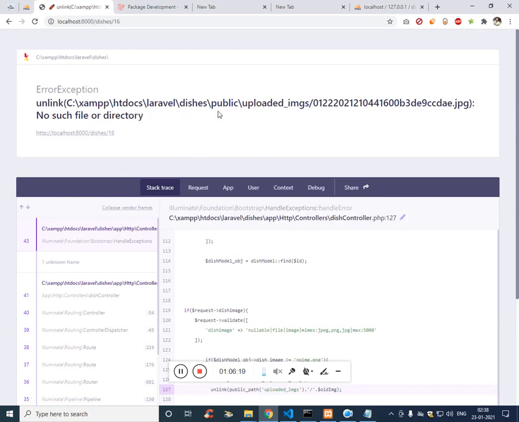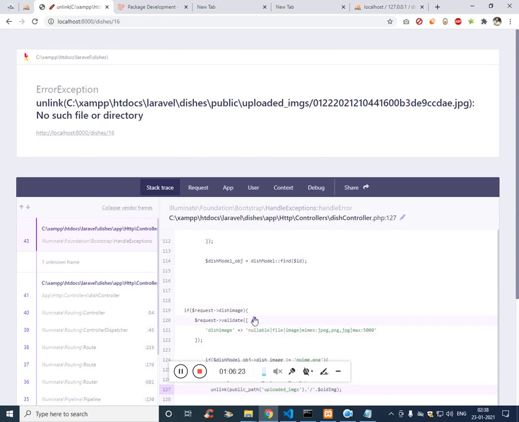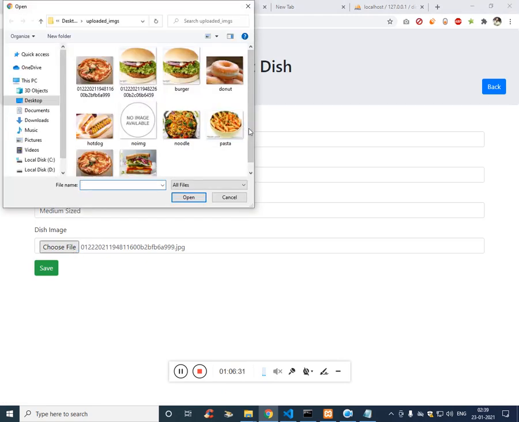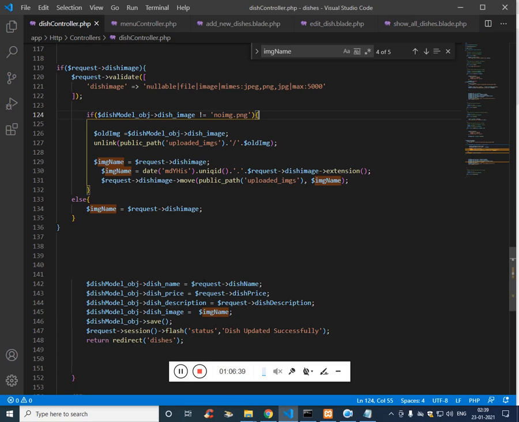In htdocs public uploaded files, the image: no such file or directory. Let's try to add some other image. There is some error here.